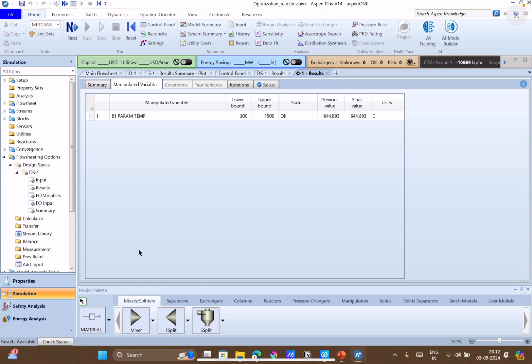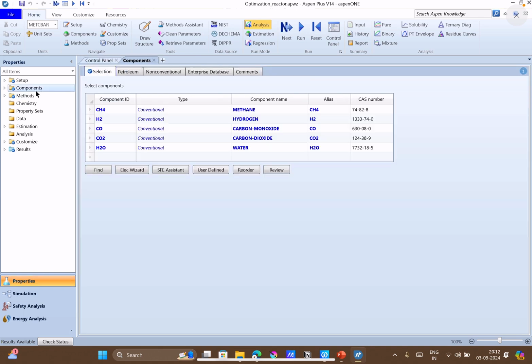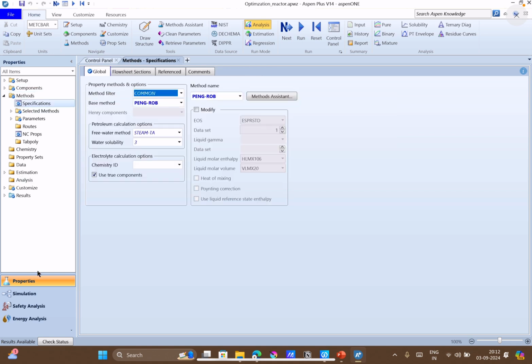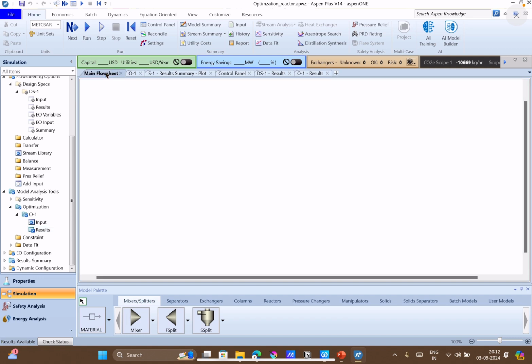Okay. So let me quickly go through the components. The components in this reaction are methane, hydrogen, CO, CO2, and water, and the method is Peng-Robinson. So I have selected the Peng-Robinson method. Run the property analysis, then come to the simulation part. In the simulation,